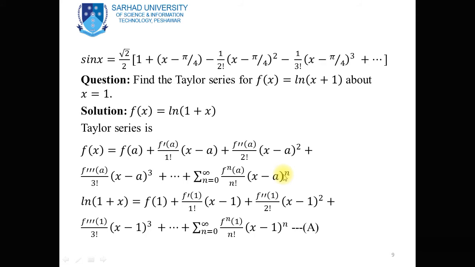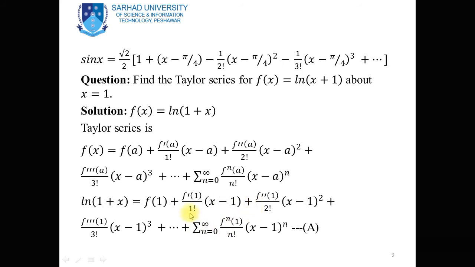So we will try to find the first 4 terms of the series. Now you see over here, this is the given function f of x is equal to log of 1 plus x, or we can say f of x is equal to log of x plus 1. Putting x is equal to 1 in this function, we will obtain the first term of the series. Taking the derivative of this function and then putting x is equal to 1, taking the second order derivative and putting x is equal to 1, taking the third order derivative and putting x is equal to 1, we will obtain all these terms.